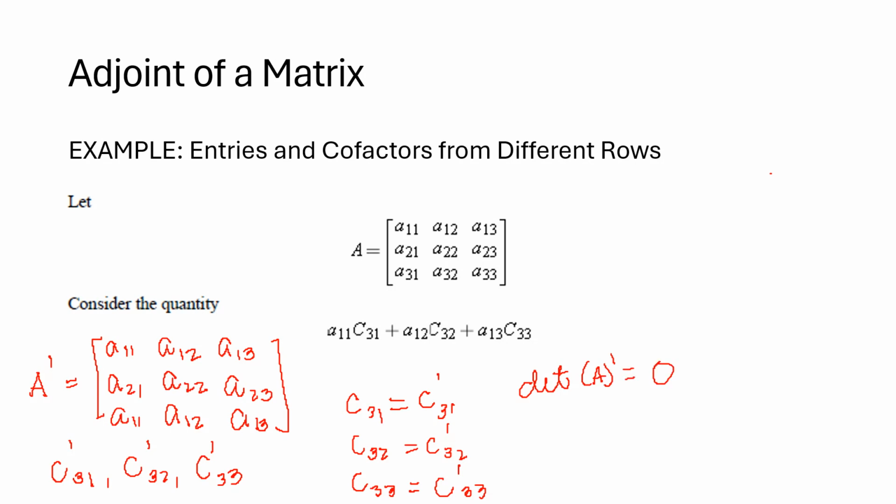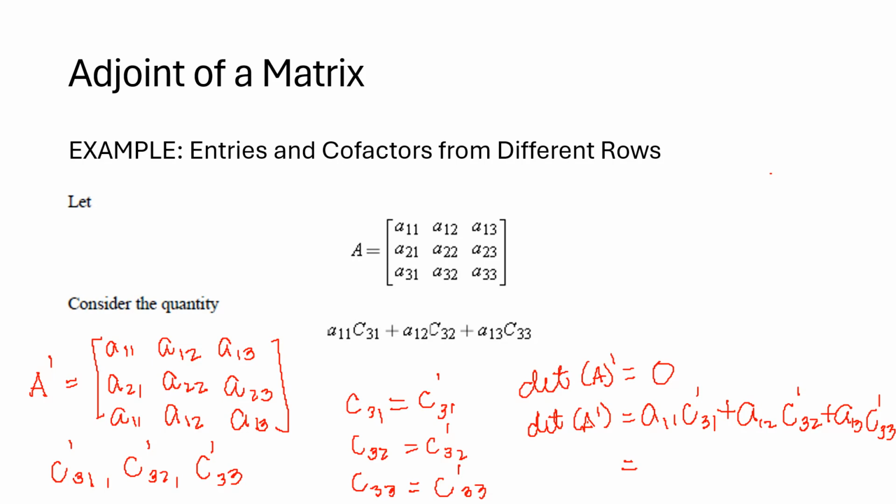On the other hand, evaluating the determinant of A' by cofactor expansion along the third row gives us the determinant of A' is equal to A11 C'31 plus A12 C'32 plus A13 C'33, which is